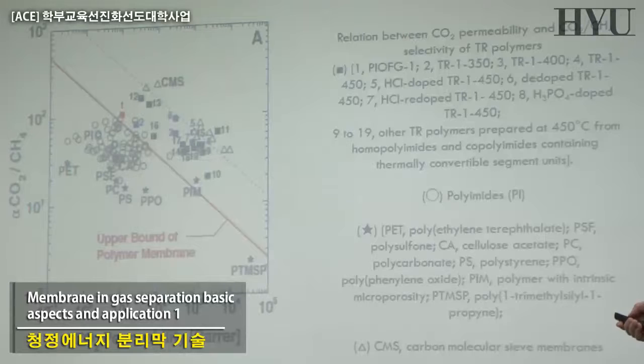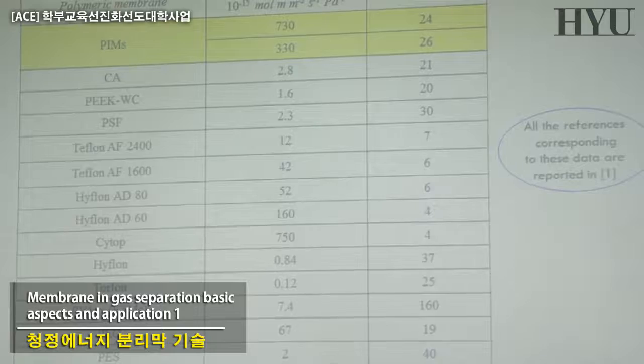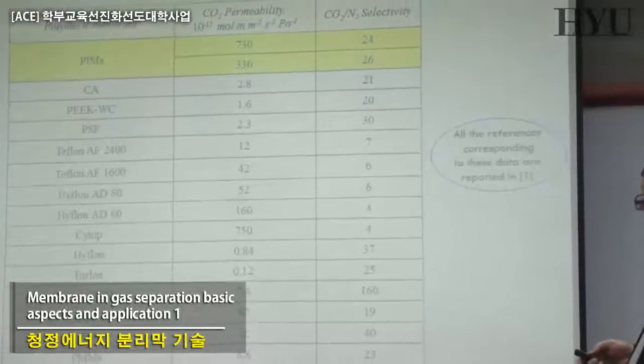Keep in mind that the nice polymers up here are all carbon molecular sieve membranes or the TR polymers with some additive, etc. If you want to see the numbers, these are basically the same numbers that were reported in the plots. You see the CO2 nitrogen separation, which is a very important one all around the world today: in Korea, in Japan, in Europe, and now in China, there are big